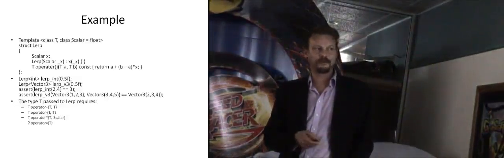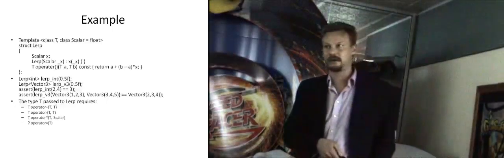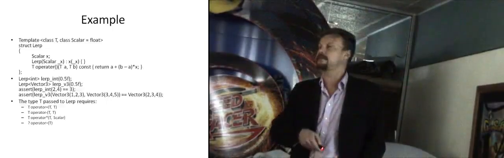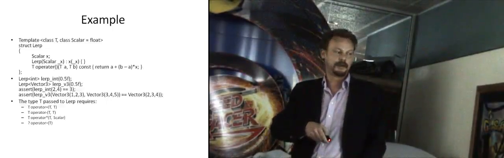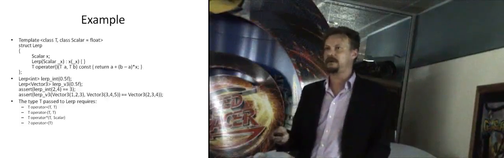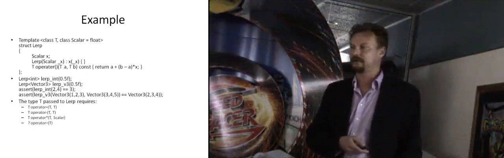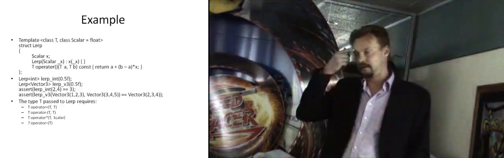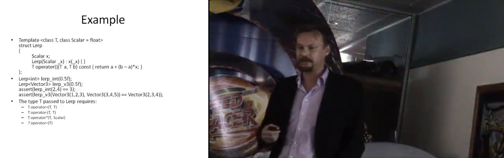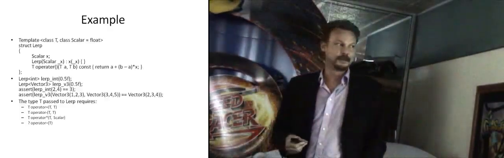There's nothing fancy, there's no nested types, but there could be. In that case, that would also be listed here as a requirement in the concept. And again, you can't wrap all this up in the C++ and say, here's the requirements for the type T to be used in this. What we do instead is we press Ctrl F7 and see if the compiler works it all out or not. Now, that's all well and good, but it can also have some surprising outcomes, which is things can compile and not work the way you wish.